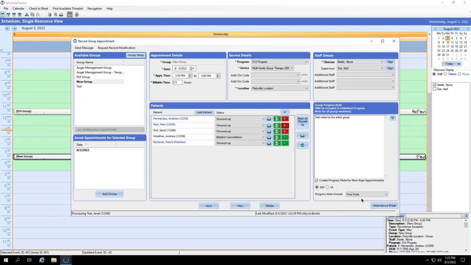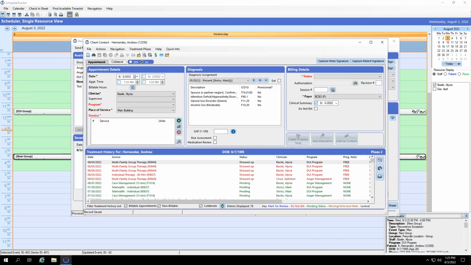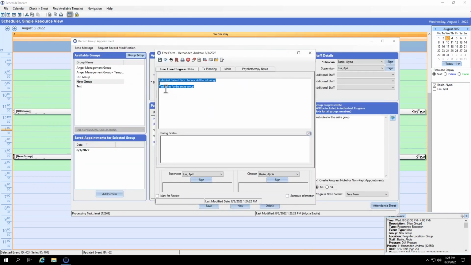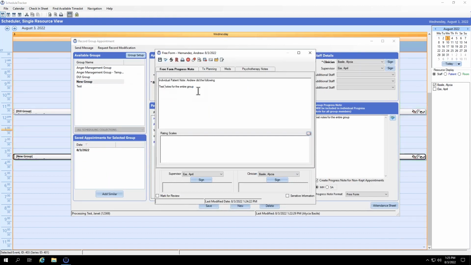Okay, I mentioned this progress note format. Okay, and you can create custom group notes. Okay, and you can use the form builder to say, this field is where I should collect that custom group note. Okay, so what I mean to say is on the note, you see how it came in here. Here's the test note for the entire group. And then you have the individual patient note, Andrew did the following. Okay, but if you're making a custom progress note, the system won't know where to